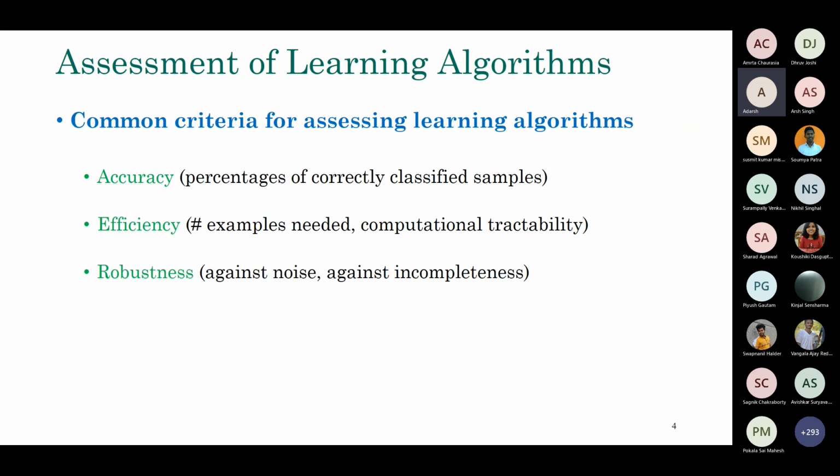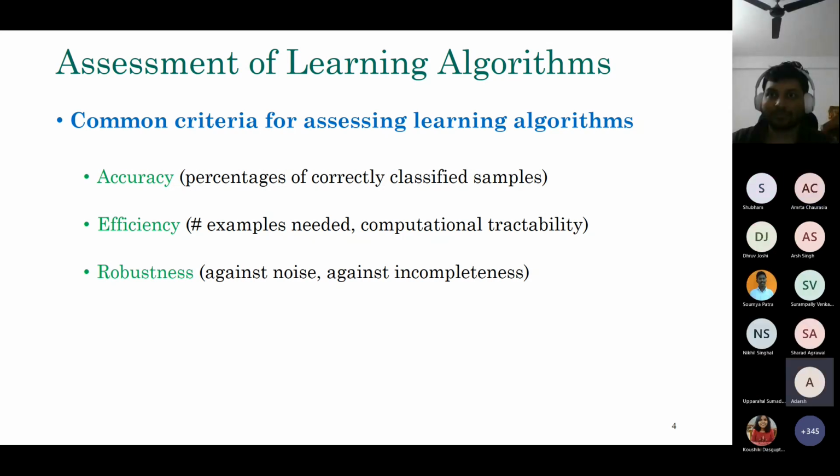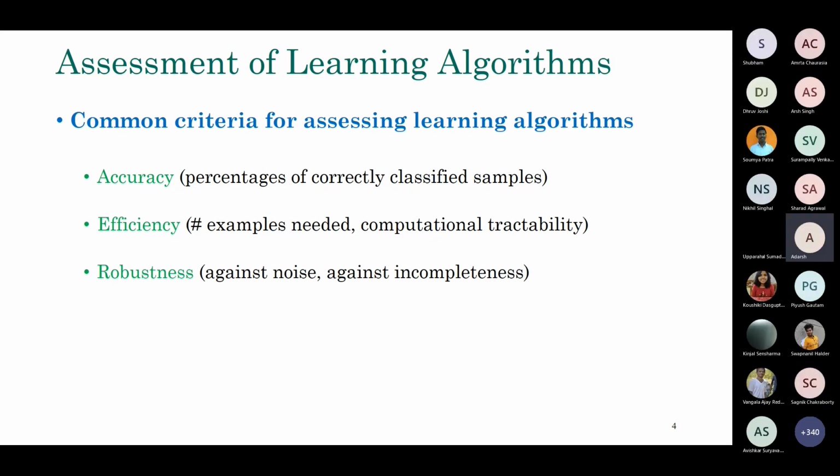Robustness. Some models are. Sorry. What is computational tractability? Let me give you a specific example. Say you are building a neural network. You can come up with the architecture, but then you have to estimate the model parameters, the weights and biases. Now, how quickly or how efficiently can you estimate those parameter values from the data itself? That is computational tractability. If the learning algorithm that you are using to estimate the model parameters is very complex, then it is difficult.